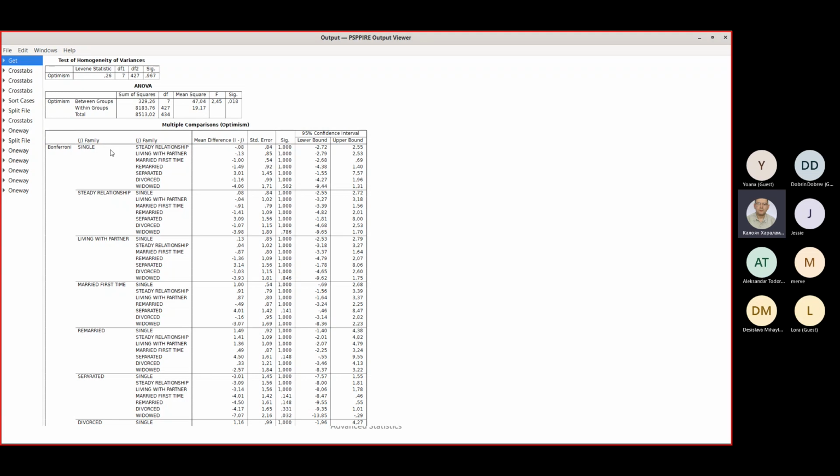After that, we compare single living with partner. After that, we compare single with married first time, and so on and so on. And in this column we have significance levels for each pair. If the significance level is larger than 5%, then there is no statistically significant difference in this particular pair. And if the significance level